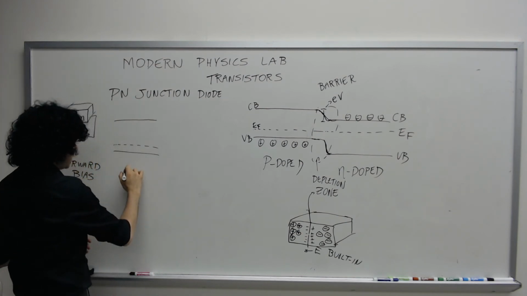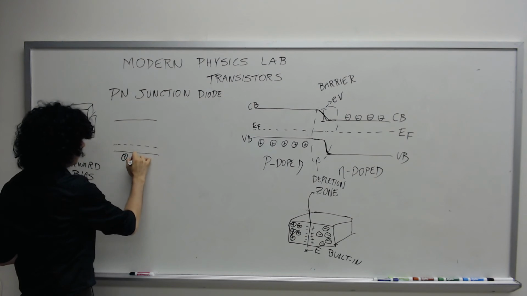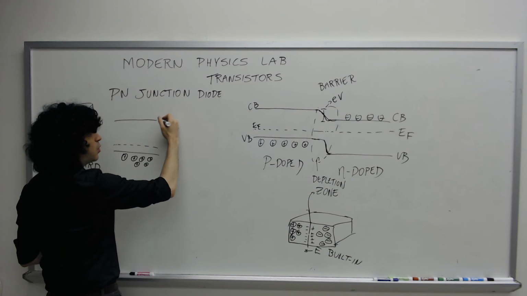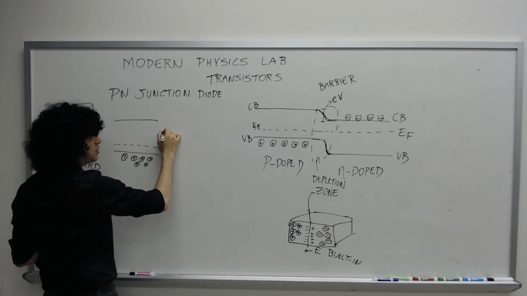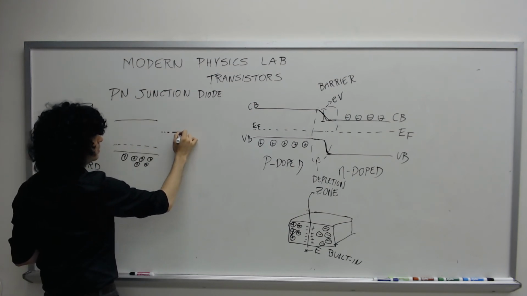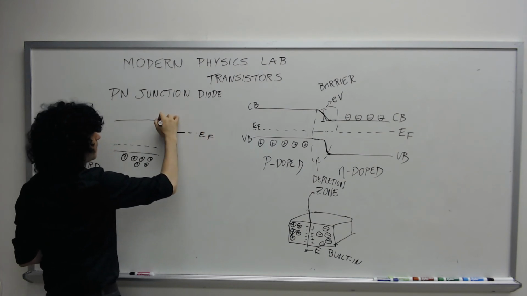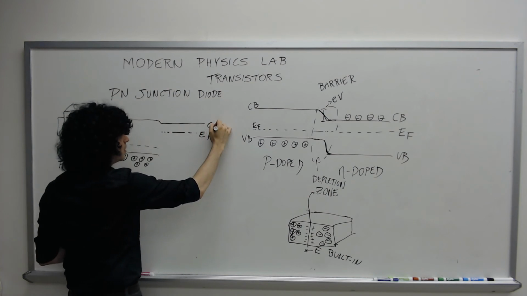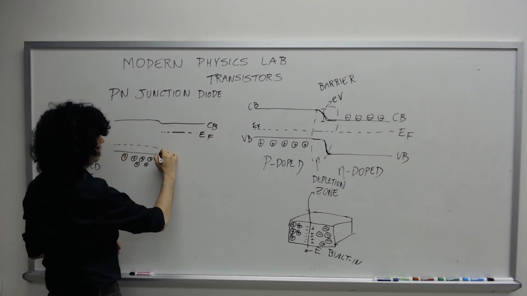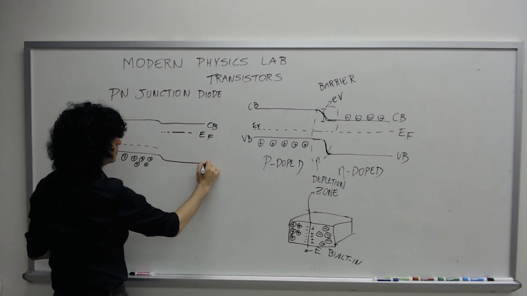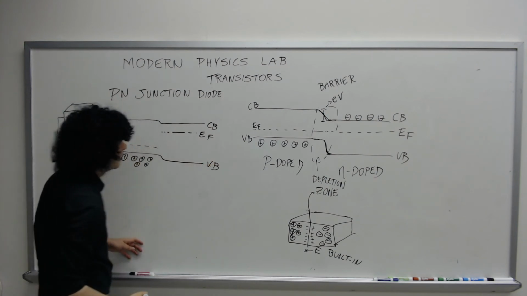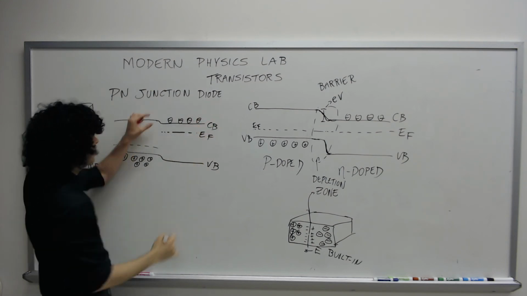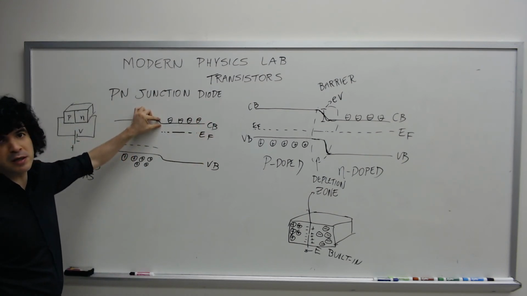Then the P doped side, the Fermi level was shifted here, and the energy of the conduction band was shifted as well. So now this potential barrier is smaller,